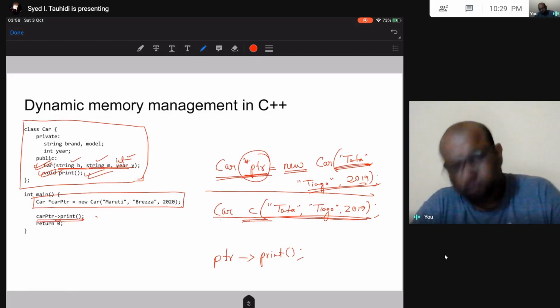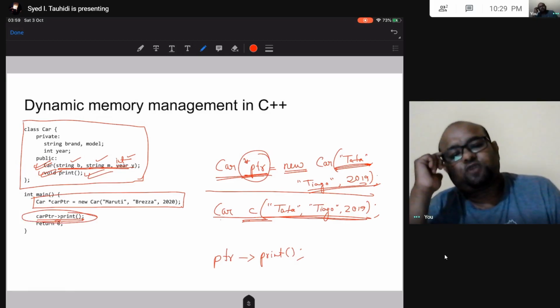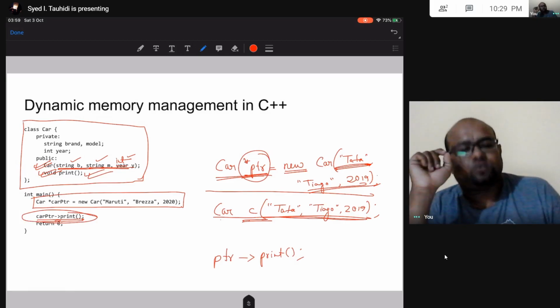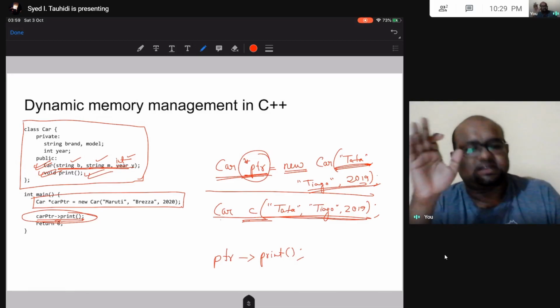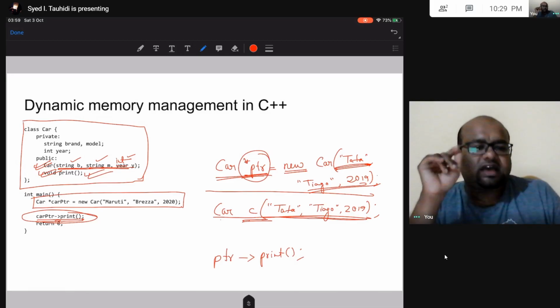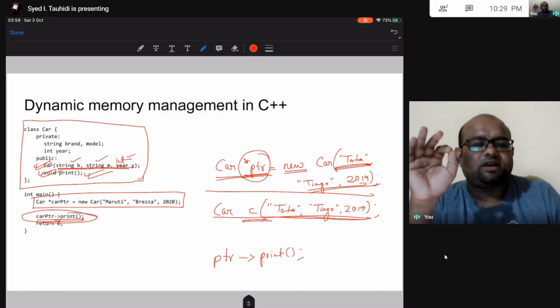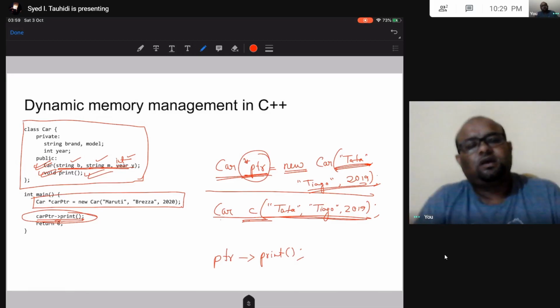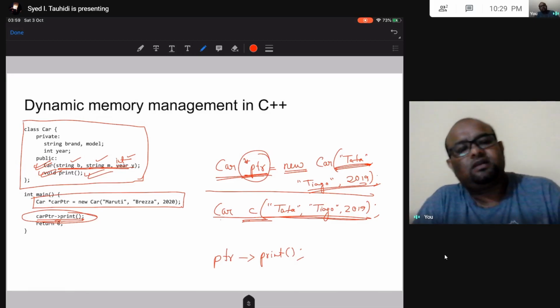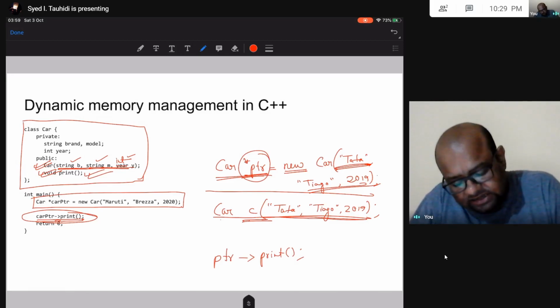This has got nothing to do with whether the object that this pointer is pointing to is in heap or in stack or wherever it is. Okay, if I am addressing some object through a pointer, then I have to use this arrow. All right. Had it been direct, not a pointer, had it been the object itself, I would have written c dot print, right?